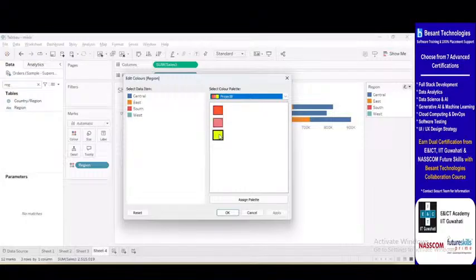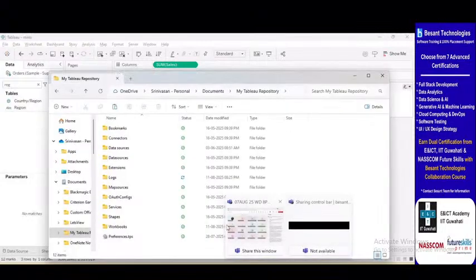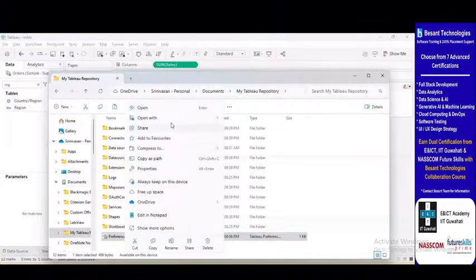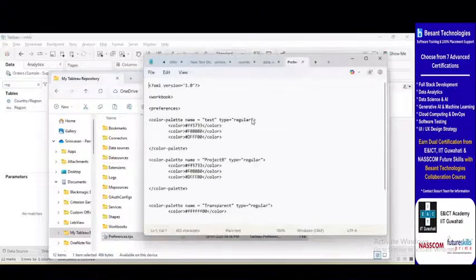I have saved three colors. So whenever I'm working on project B, I can simply take this palette and start applying colors. That is what Tableau preference will do for you. So in order to add this preference, right click on this file, open with Notepad, which